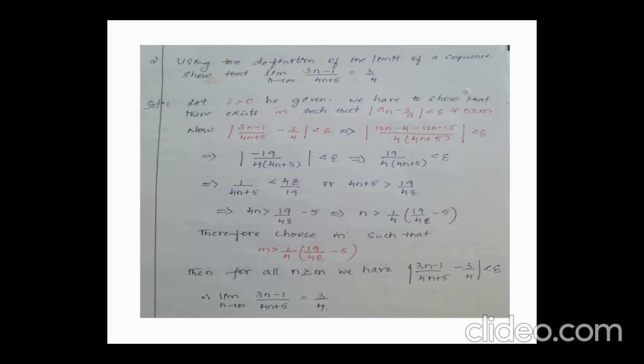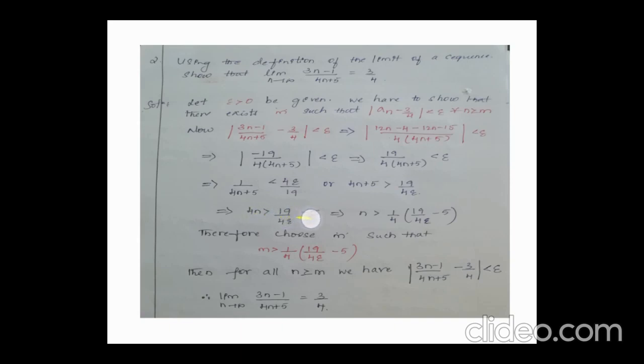Okay. Now when we simplify this, this 19 comes to your denominator, and we'll be sending this 4 to the other side. So we get 1 divided by 4n plus 5 is less than 4 epsilon by 19. Okay. Now taking reciprocal, we get 4n plus 5 is greater than 19 by 4 epsilon. Okay. Now sending this 5 to your right hand side of your inequality. So we get 4n